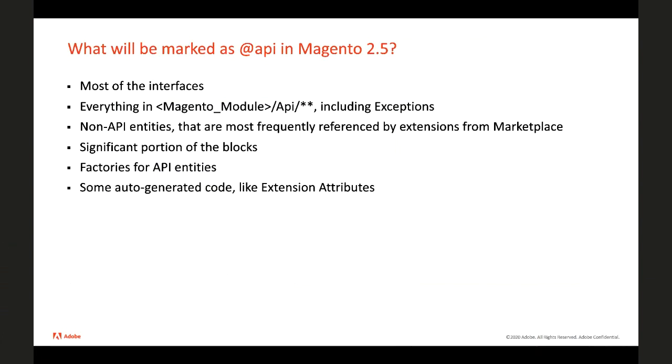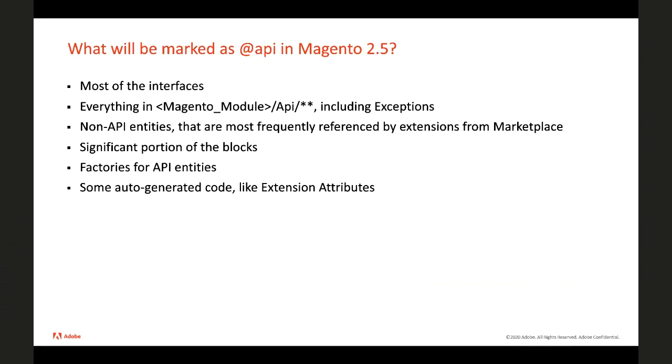The third case is non-API entities that are most frequently used by extensions on Marketplace. We did analysis of extensions on Marketplace using our tools, and we collected most frequent violations of existing API contracts. And based on ranking, we selected top probably like 300 violations. We manually review them, and we are going to mark about 100 of those as API, because in most cases,